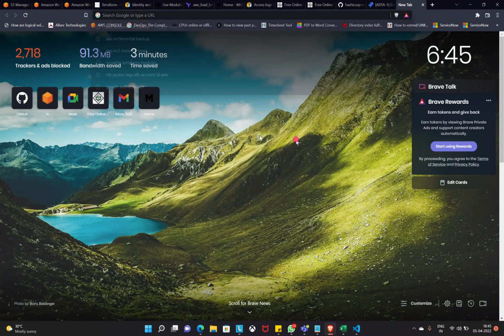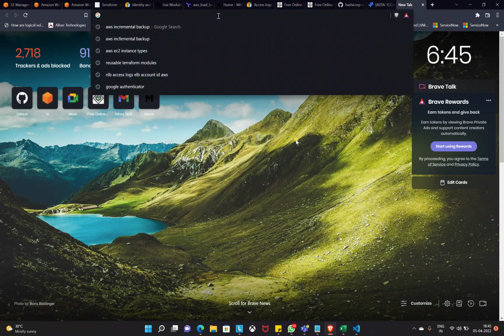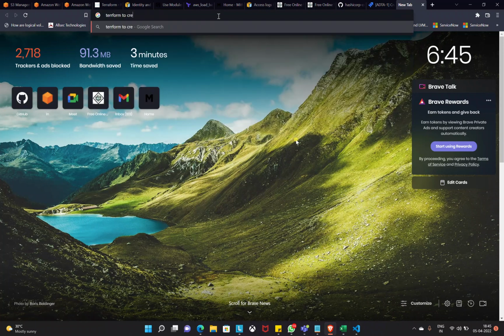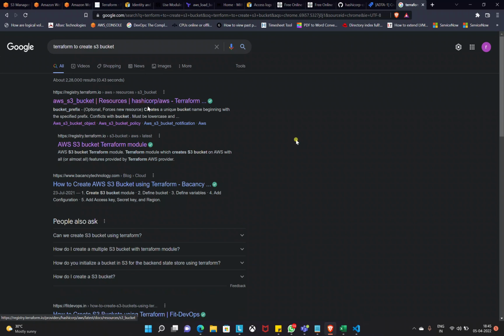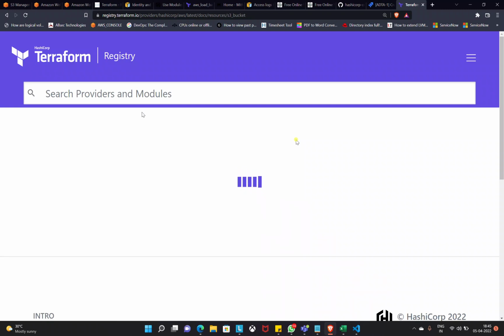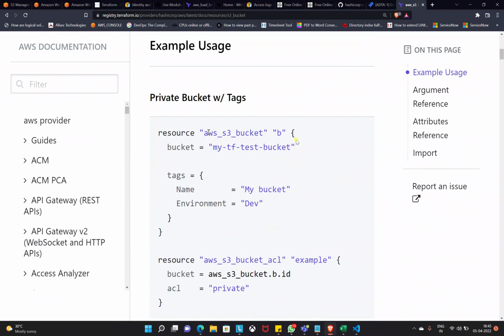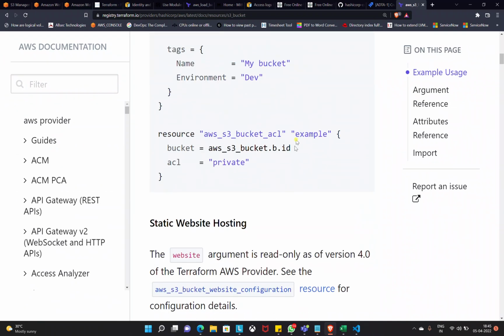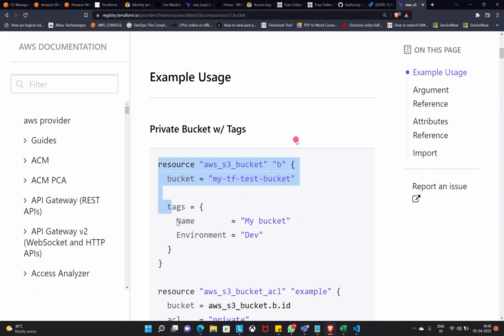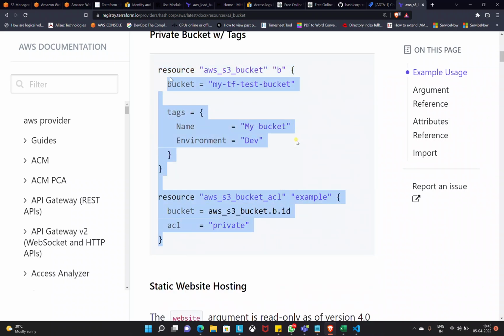Now you just Google. So in an interview also you should say there are readily available templates from the Terraform registry. Now search for Terraform to create S3 bucket, just type it. Right now if you go here you can click. Now this is the thing. So resource aws_s3_bucket, my first bucket, and ACL is private. Now copy this